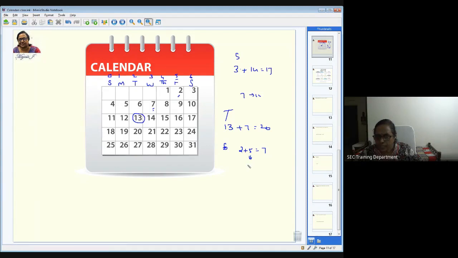Now suppose I say after 22 days you're going to have the exam. So 2 plus 22 is going to be 24. Now you have to find out which day the 24th is. When you say 22 days, what you have to do is divide by 7. So the remainder is 1. That is, multiples of 7, the weeks, I'm taking out from here. So it is the very first next day. It's going to be Friday, and the next day you're going to calculate, that is Saturday. Maybe I'll give you one more example.